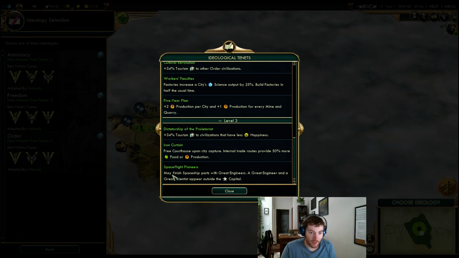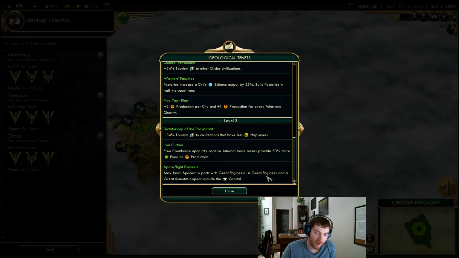Spaceflight Pioneers. Okay, you can finish spaceship parts with great engineers. It's unlikely you're going to have a lot of faith left to purchase great engineers if you are already able to purchase great scientists, but okay, whatever. And a great engineer and a great scientist appear outside the capital. Yeah, that's nice. It does push the counter back, so it is more delayed before you get other great scientists or great engineers, but it's okay. But again, these T3 tenets are not very strong. It's unlikely that you'll have the social policies to be getting lots of T3 tenets, and even if you did, it's probably better spent somewhere else instead of these 3, because these 3 are particularly weak